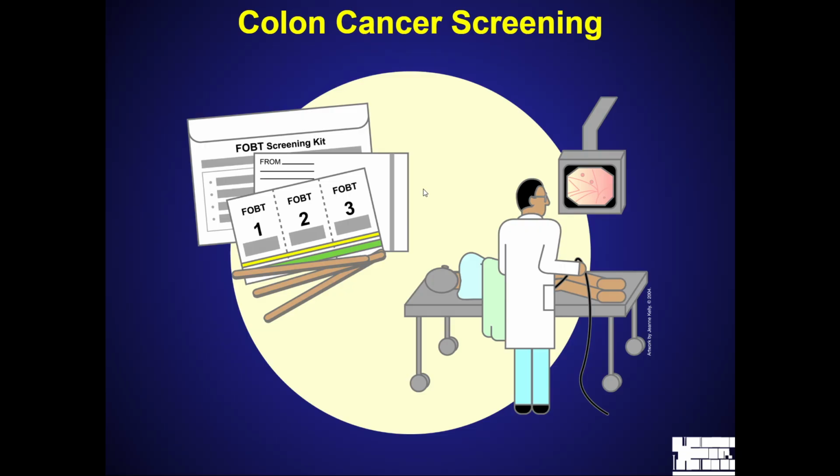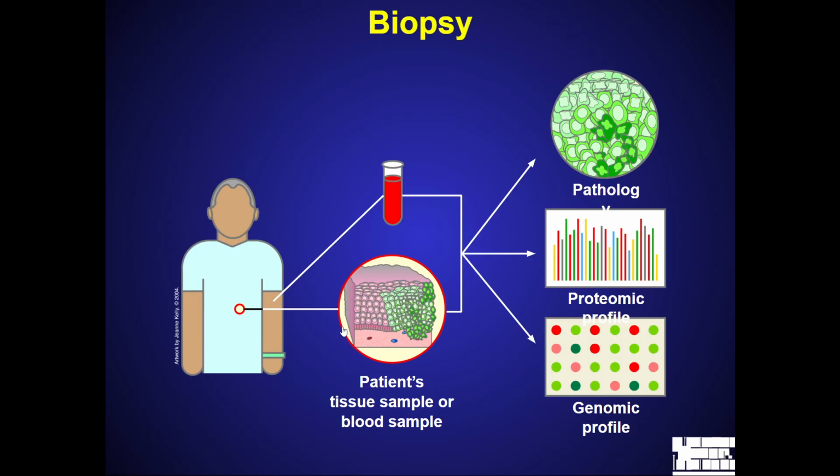And doctors will biopsy the polyps, take them and test them or look at them to see their pathology, to see if they look like cancer cells. And then there's a sigmoidoscope, which is similar. It's just in the lower colon and rectum area instead of the colonoscopy, which is throughout the whole colon. Both are useful. Both are good.